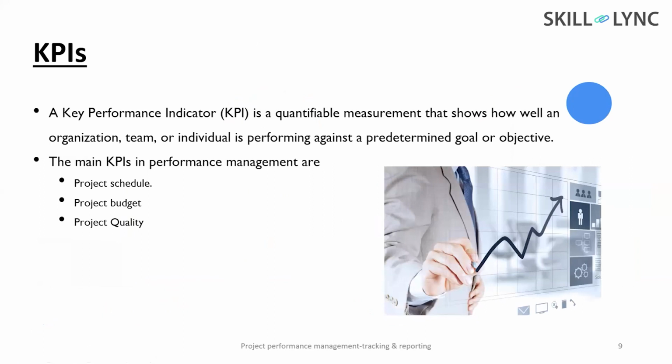So basically, in simple words, KPIs are a set of quantifiable measures that a company or an industry uses to measure and compare performance. What are the factors that we can take for comparing or checking the performance of a project? Basically, these are the three factors, the triple constraint itself: schedule, budget, and quality. So we need to check the project schedule, the project budget, and the project quality. These are the three parameters that we need to consider while doing the performance measurement. So these parameters can be considered as the key performance indicators for construction projects.